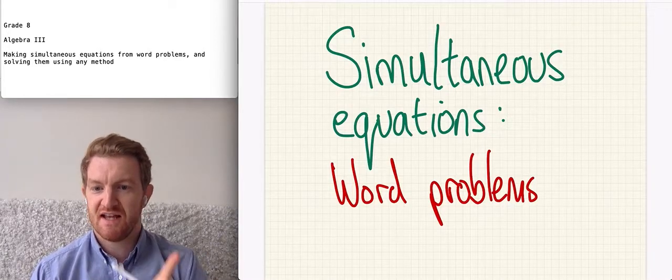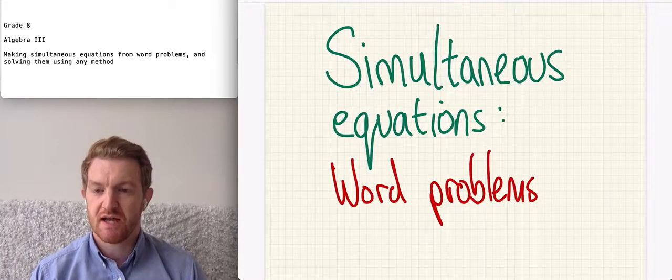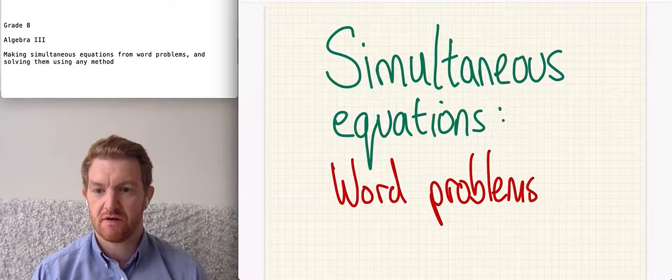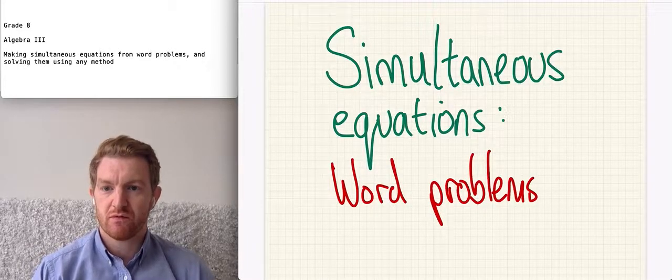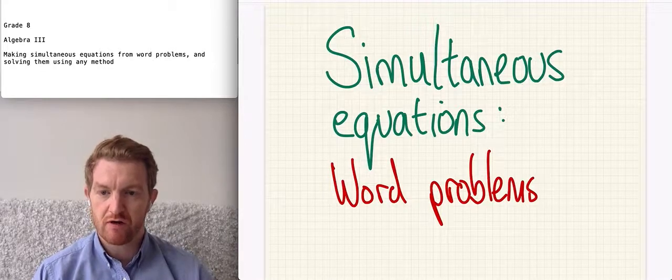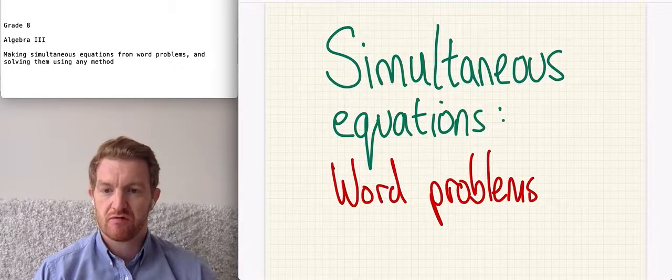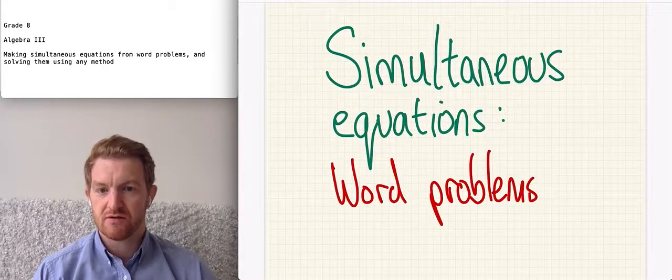So as you can see today, that's what we're going to do. We're just going to look at how we can use our elimination and substitution methods that we have done so far, or our graphical methods, to look at some basic, straightforward word problems. We're going to focus on two variables to start off with today, and I'm just going to go through a couple of examples with you, and then we can hopefully apply the skills you've got so far to this type